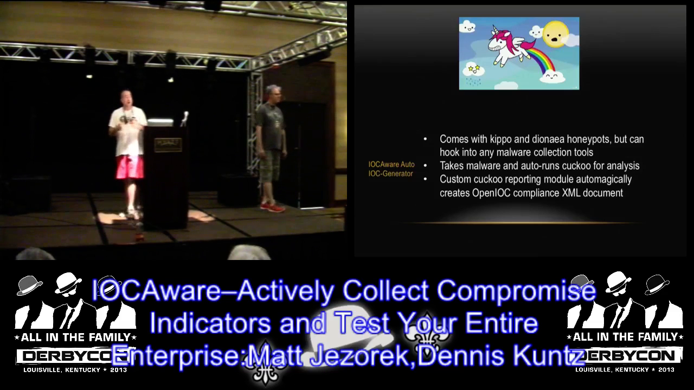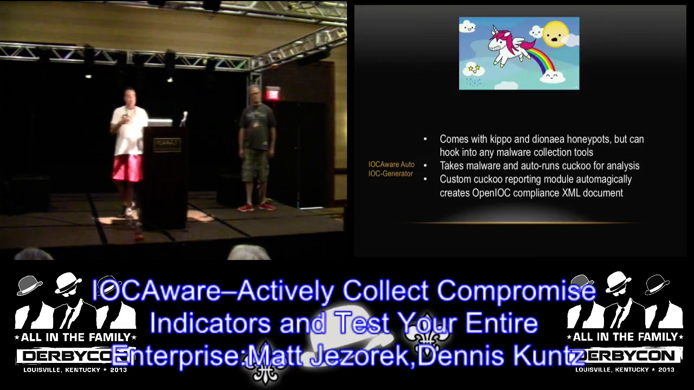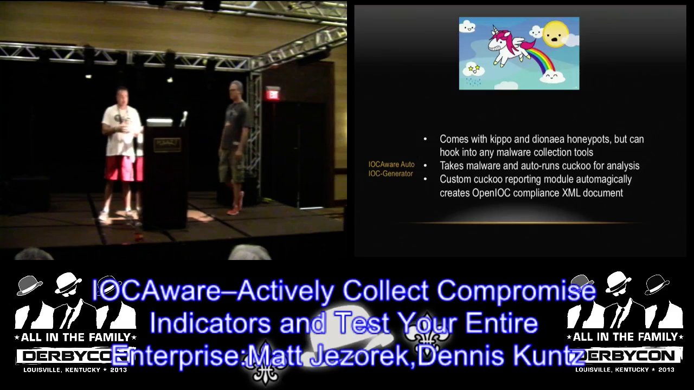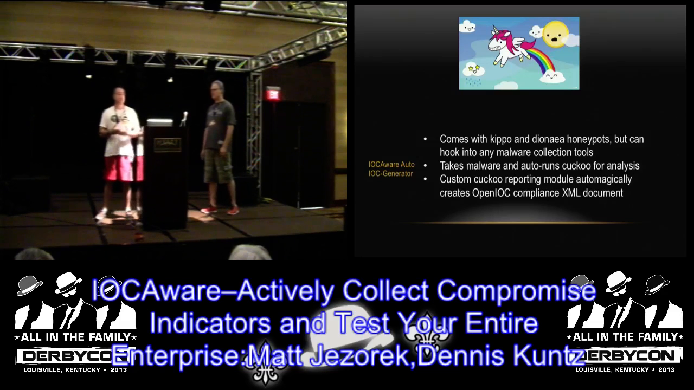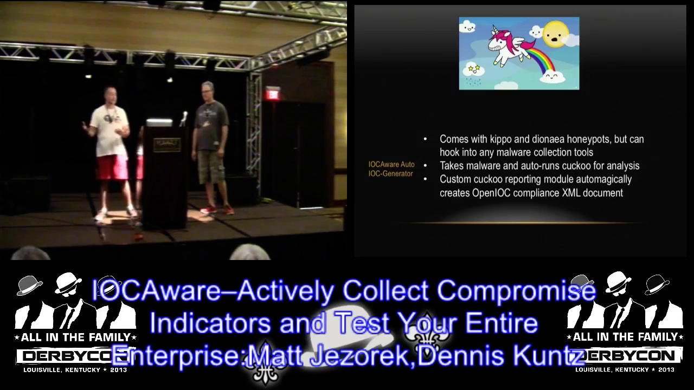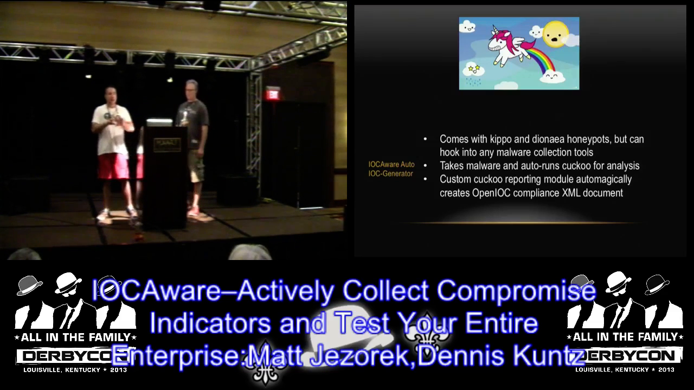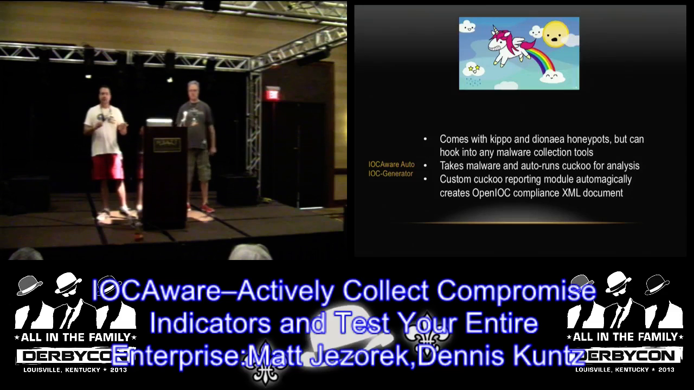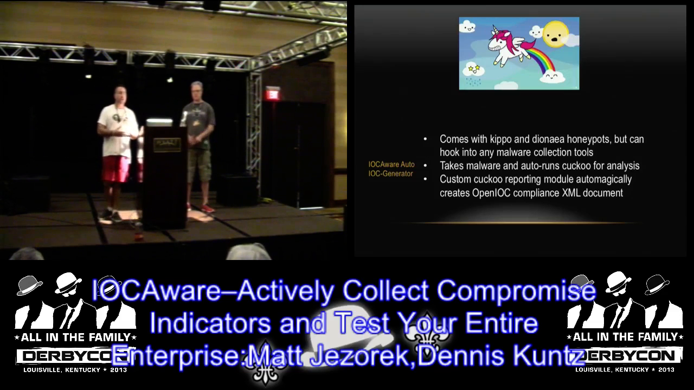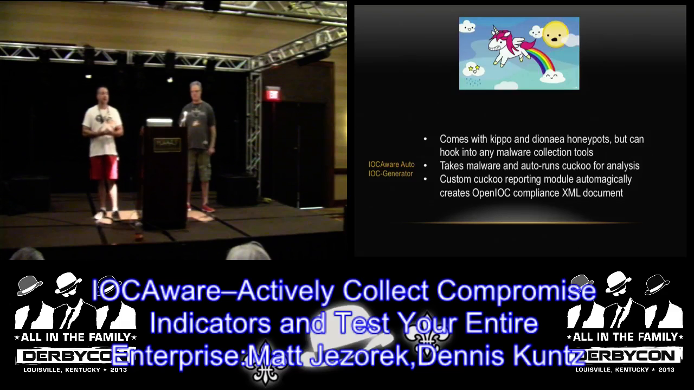What we're using right now for the IOC generation piece is Kippo, which is an SSH honeypot, and then Dionaea, which is a low interaction honeypot. But it's not tied to whatever honeypots you're using. All you need is a place where you're going to have things that need to be analyzed. So whatever you can put together to collect things that need to be analyzed, this can